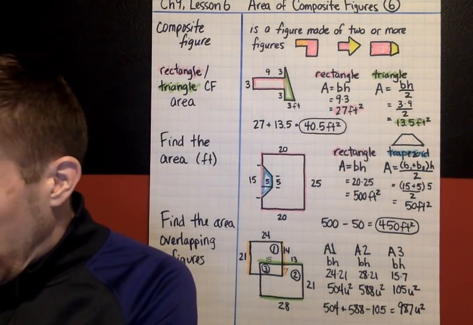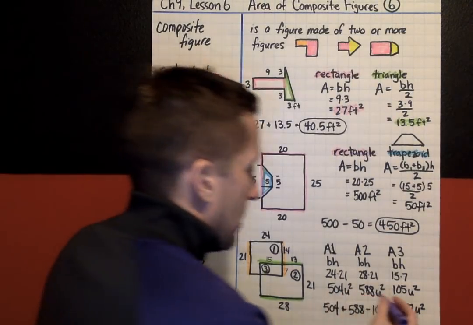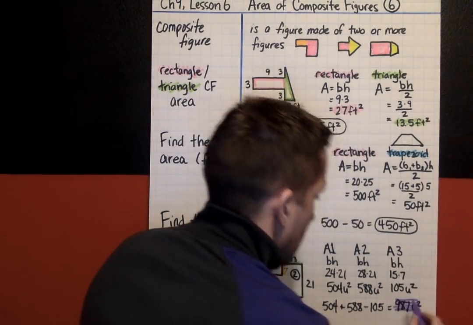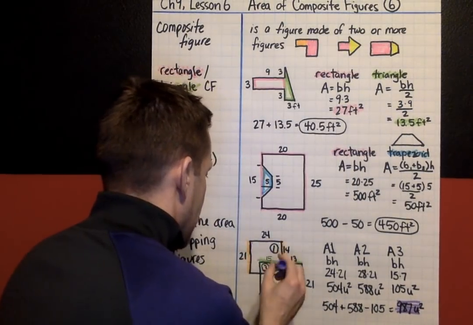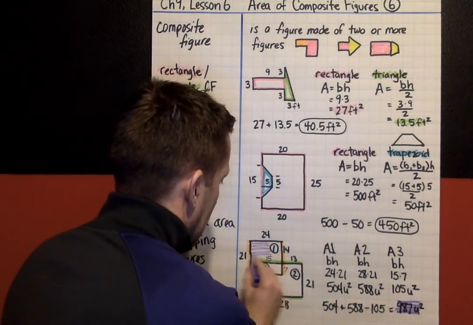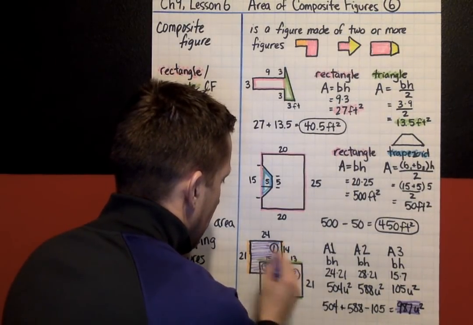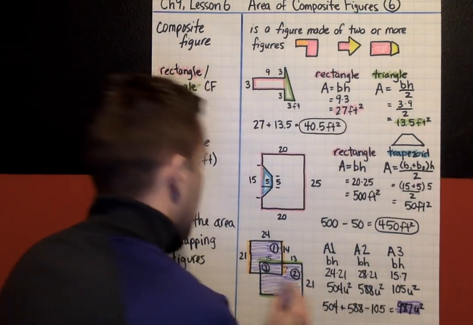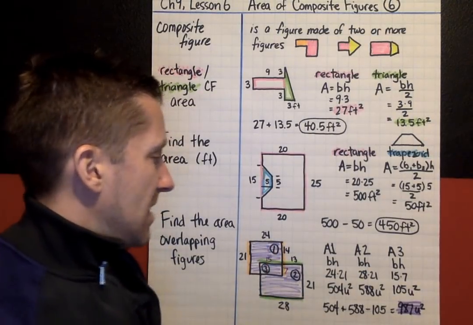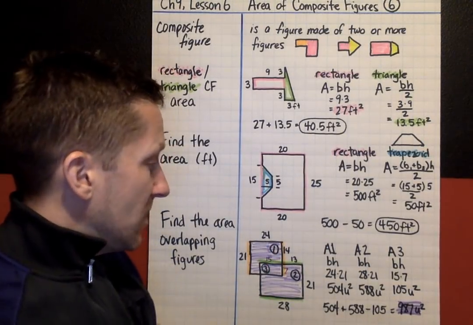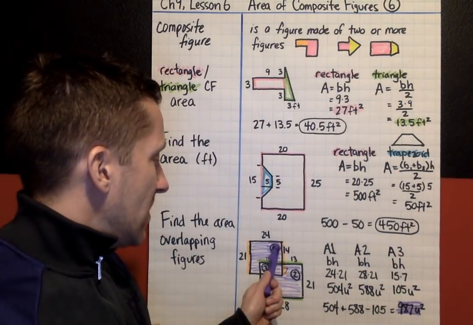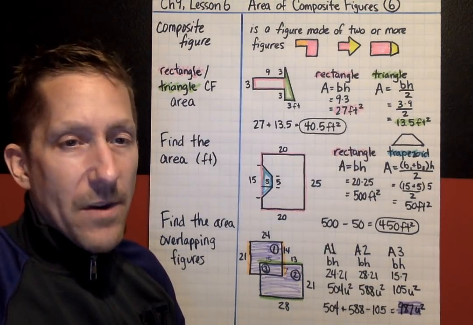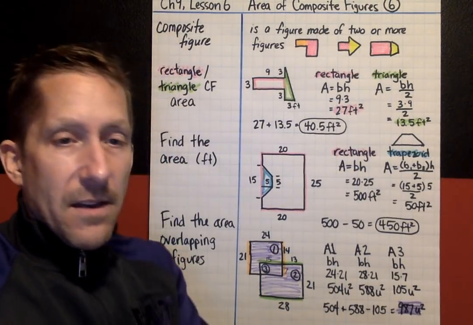So what we just found was this. 987 units squared is the area of this whole figure. That shape is 987 units squared. Rectangle 1 plus rectangle 2, subtract rectangle 3, because we do not want to double count rectangle 3. Okay,